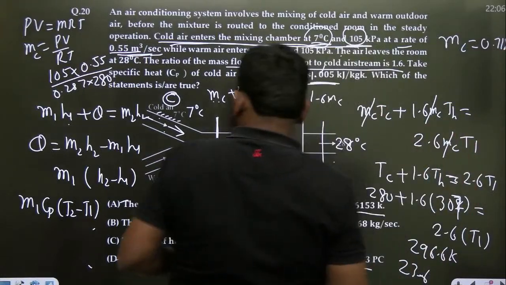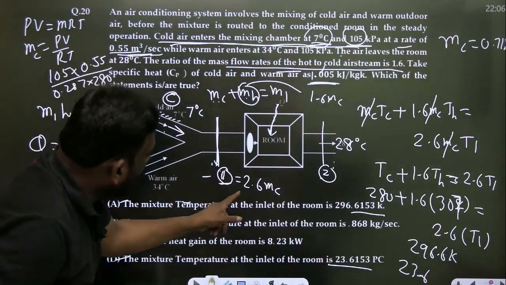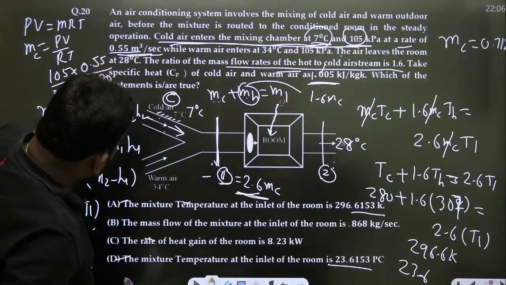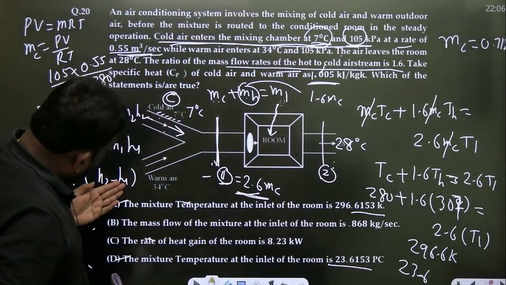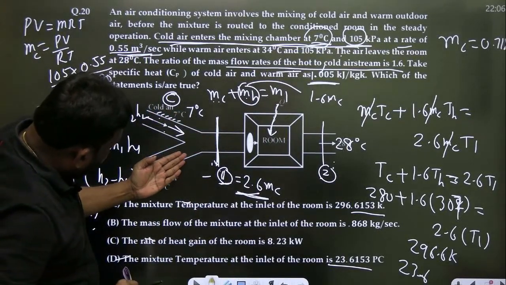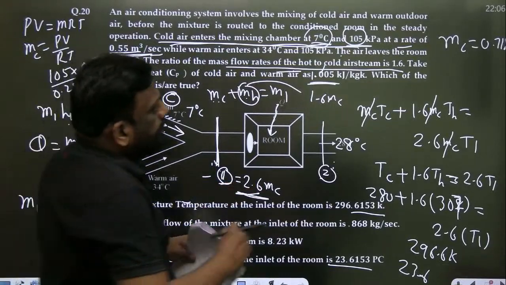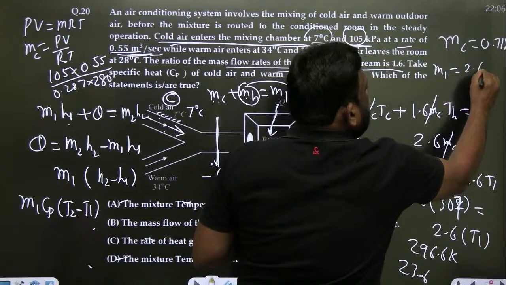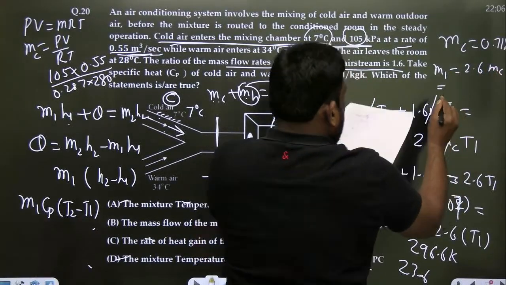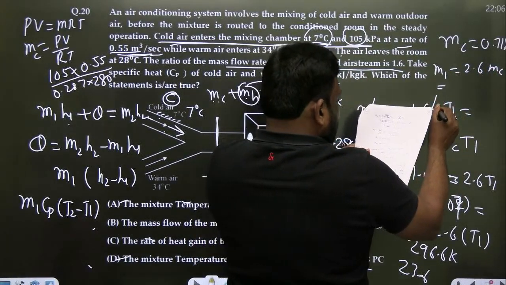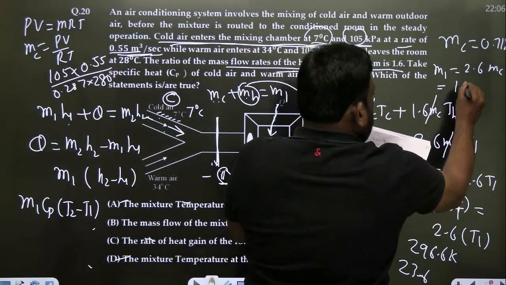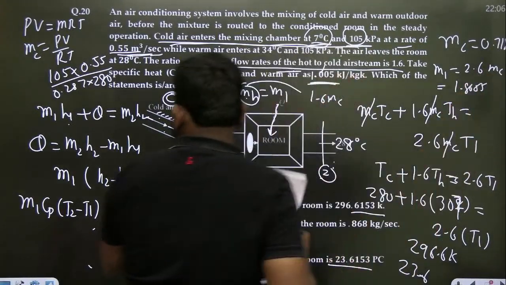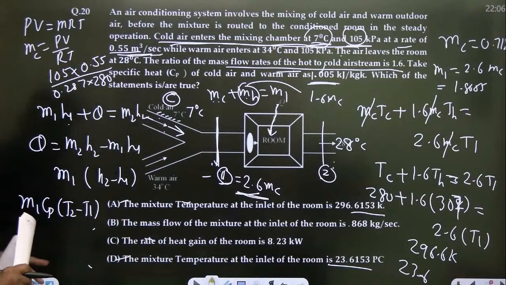mass flow rate of cold air is 0.7186, but मुझे m1 चाहिए। What is m1? 2.6 mass of cold air, hot air, should be 2.6 mc, 2.6 से मल्टीप्लाई करना, m1 आएगा 2.6 into mc and that will be equal to 2.6 mc, कितना आ रहा है सर? 1.8685, तो मास आ गया सर, यहाँ पे पुट करना